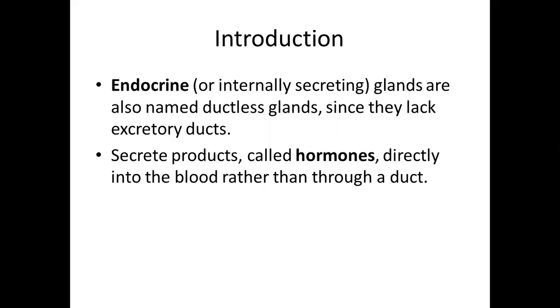Endocrine glands are actually the glands which are ductless. They don't have their excretory ducts. They use blood as a medium to transport their secretions, which are called hormones. And then these hormones will only act on those cells which have proper receptors for the particular hormones. Not on the surface only, but the cell must have receptors for that particular hormone so that the hormone can act or can initiate the reaction in those particular cells.